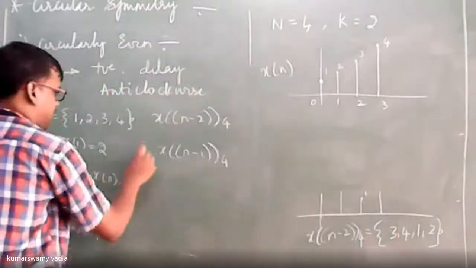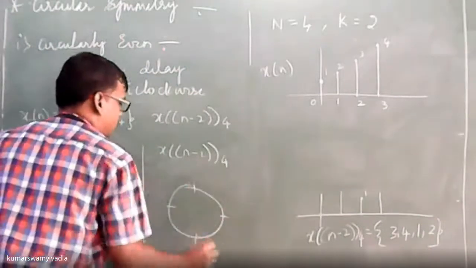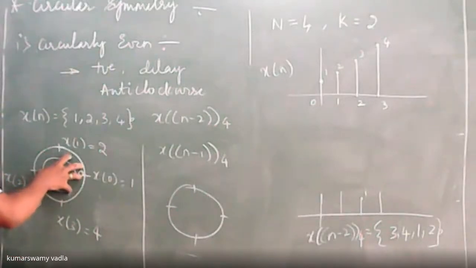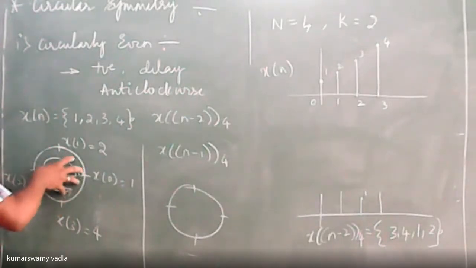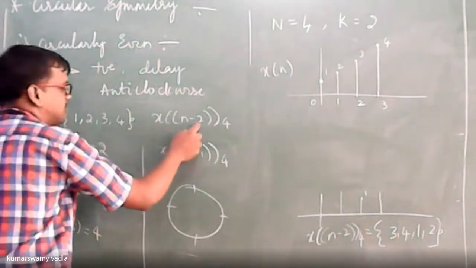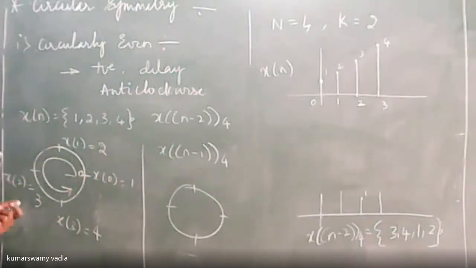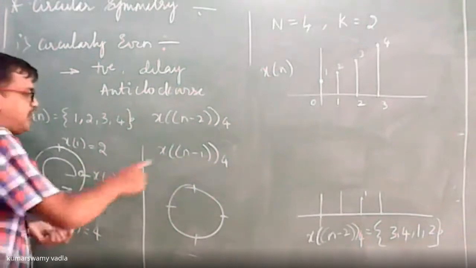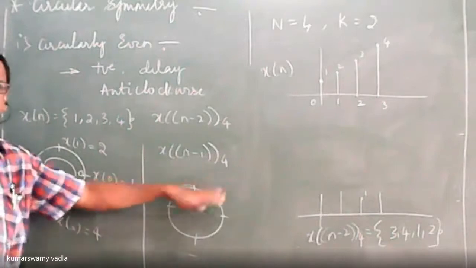Now, see here. I will draw the circle again. Whatever circle you drew has to be rotated anti-clockwise. While writing down the question also, anti-clockwise. While moving the negative values, the delay terms, it is written here anti-clockwise. Rotate this anti-clockwise by 1 place. For 1, you should do it once. If I write 2 here, then you should do it twice. First problem, I am doing it in detail.